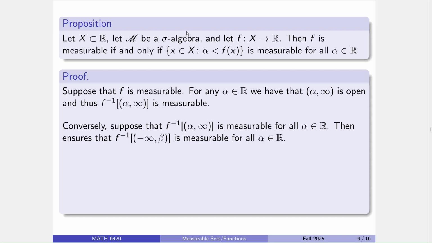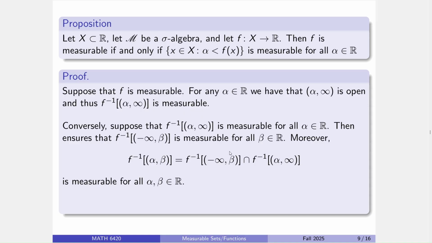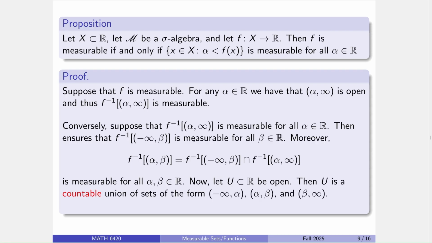Okay, and what do we know about sigma algebras? Well, they're closed under intersections, and note that would mean that the inverse image of open intervals is also measurable, because it's the intersection of measurable sets, and, oh hey, open ray going to infinity, open ray going to infinity, open interval. As we pointed out, if you have an open set, it is a countable union of things that look like that.